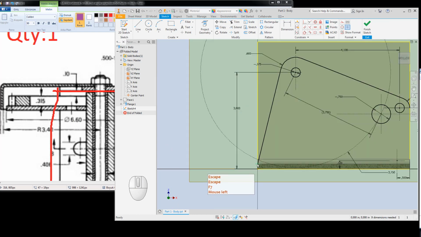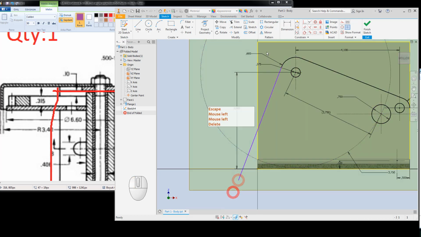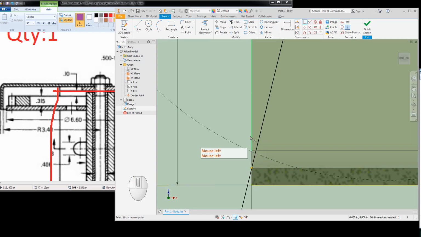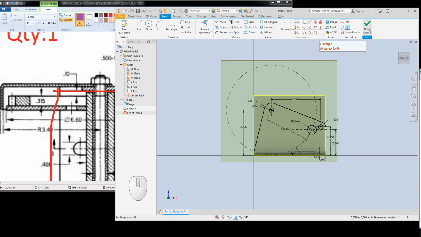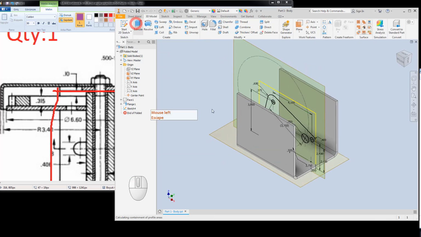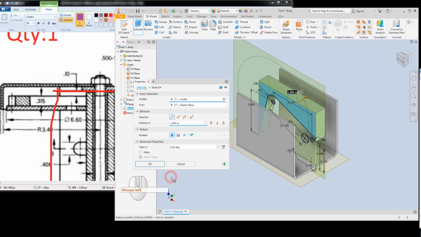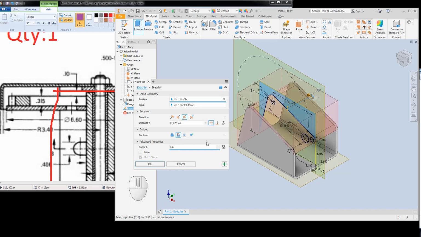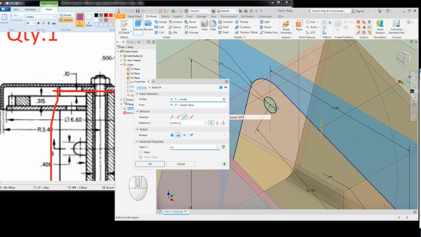I will just look for this point, make this line. I will make this line passing from this point. As you see, we have an open circuit here. I will just define that line again. Finish my sketch. I have the extrude tool. This time I have the profile, but I need a cut operation with symmetrical through in all directions. Also I need additional profiles, which is this one,